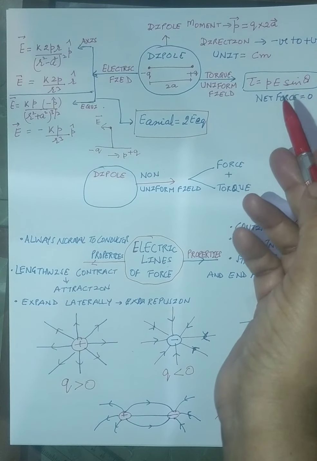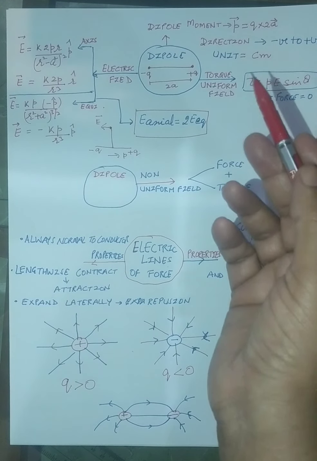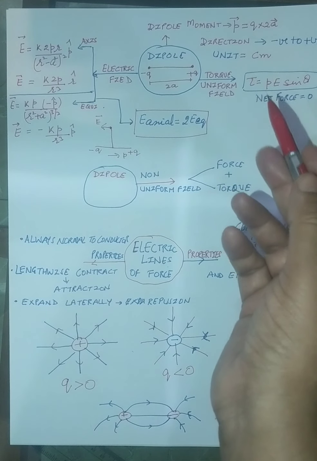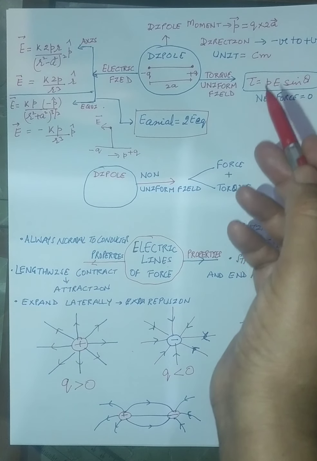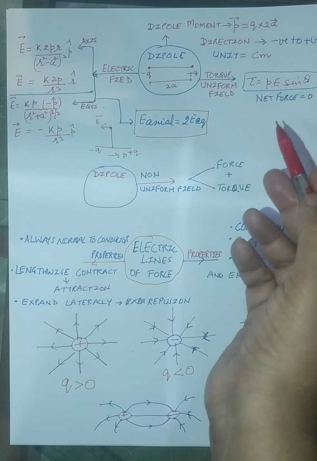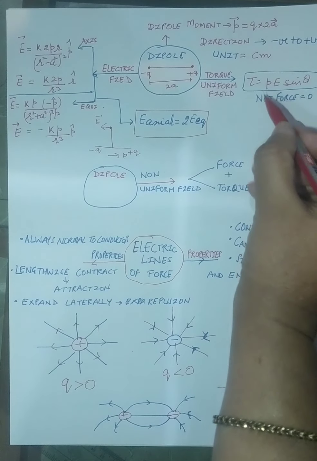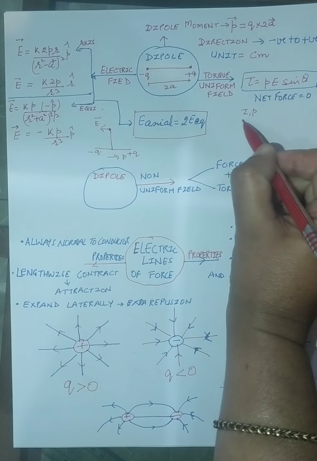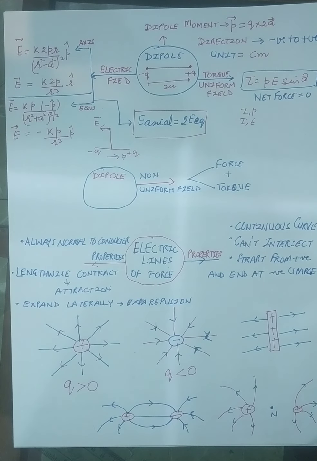Suppose the question asks, name the pair of two vectors which are perpendicular to each other. So what are the two pairs? My two pairs will be torque and p, or torque and E. So children, never write p and E. Between p and E there is always an angle theta, so it's not necessary that it has to be 90. What is 90 is, which two pairs are perpendicular? Tau and p, that is my tau and p, or the second pair is tau and E. These are the two pairs which are perpendicular to each other. This can be the probable 1 marker or MCQ which can be asked.